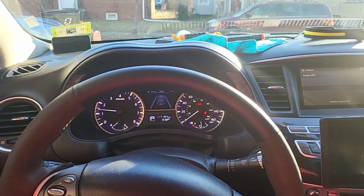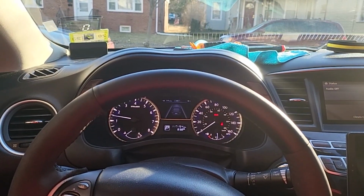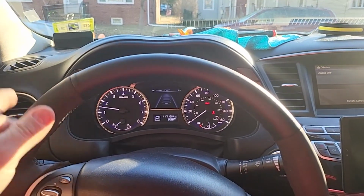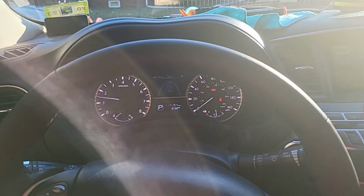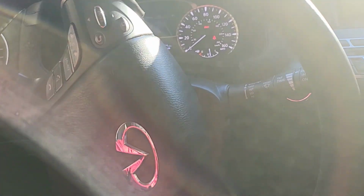Hello again. Okay, today I'm gonna install a remote start on my QX35 2013. So this car has a BCM behind the cluster, so I need to remove the cluster in order to get it. So for that I will need to get this cover off,